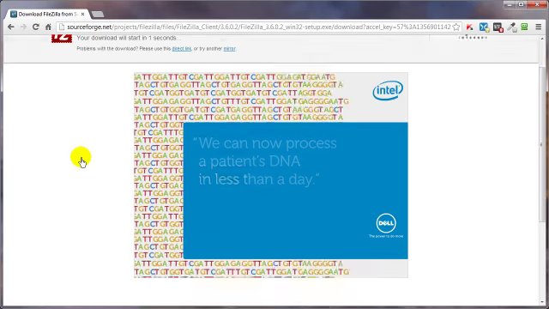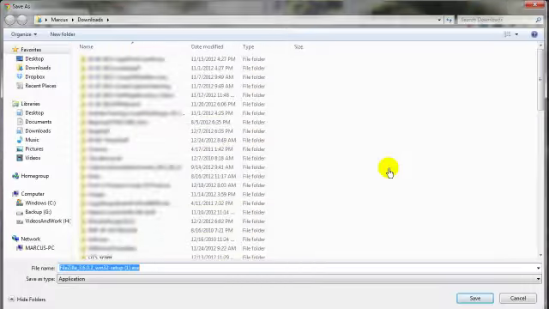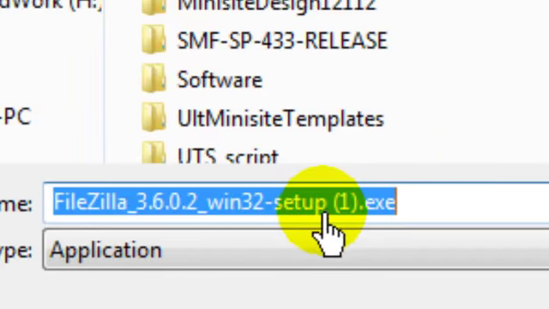Go ahead and click on that and get their advertising stuff out of the way. Now I've got it set up on my system to download all of my downloads to my downloads directory on my computer. You may have yours set up some other way, but that's just how mine is set up. The executable file here has a parentheses and the 1 there because I've already got this particular file in my system